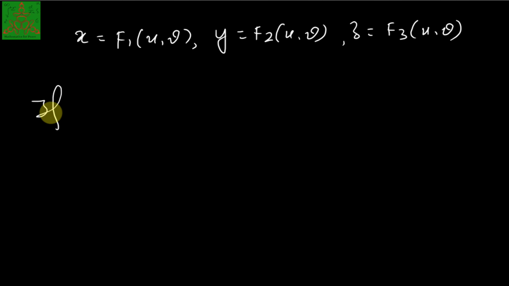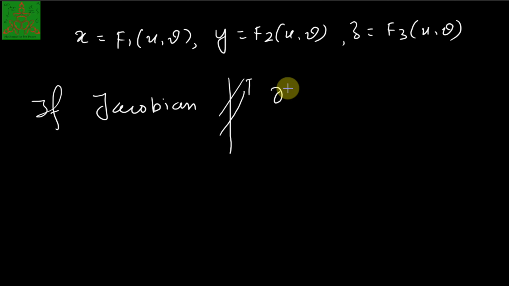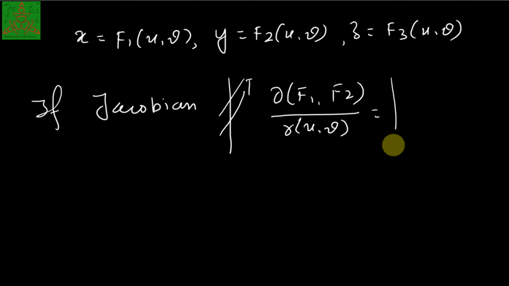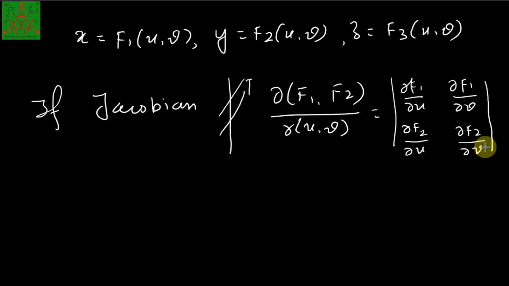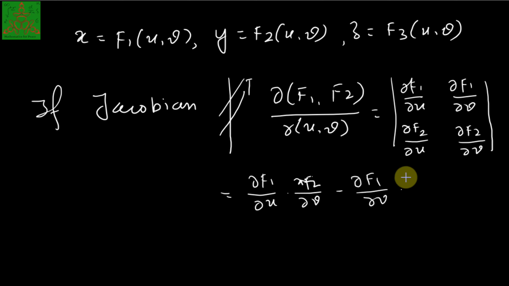If the Jacobian, the notation is del f1, f2 upon del u, v, which is the determinant with entries del f1 upon del u, del f1 upon del v, del f2 upon del u, and del f2 upon del v, which can be simplified as del f1 upon del u into del f2 upon del v minus del f1 upon del v into del f2 upon del u. If this Jacobian is non-zero,